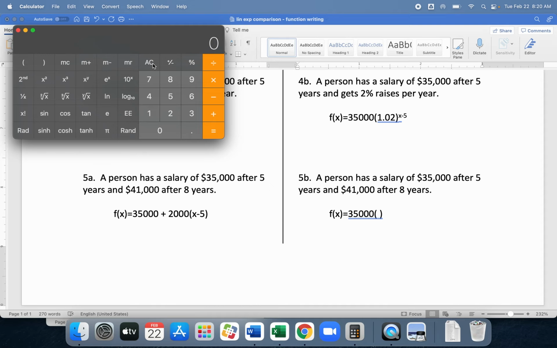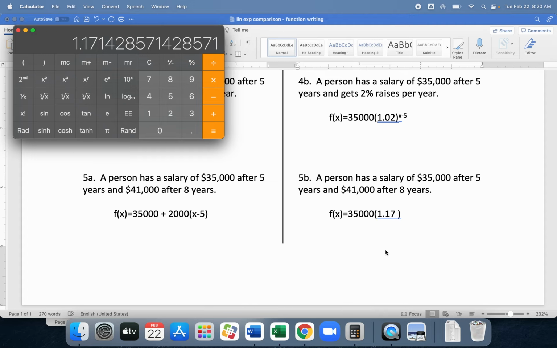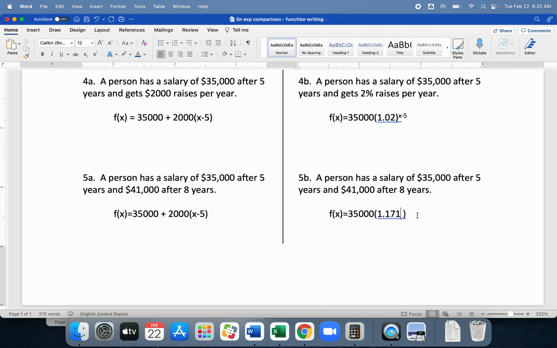But in order to do anything with this, let's see if this is a nice number. 41,000 divided by 35,000. How much of a raise did I get percentage-wise in those 3 years that are shown? Not a nice number. But for purposes of brevity here, I'm going to call this about 1.17. What was the third digit? 1? So it's about 1.171. That's the 3-year growth factor. So if I multiply by 1.171 repeatedly, I'm going to get 3-year chunks of raises at a time. So I don't really want that. I want a third of that as a factor, meaning